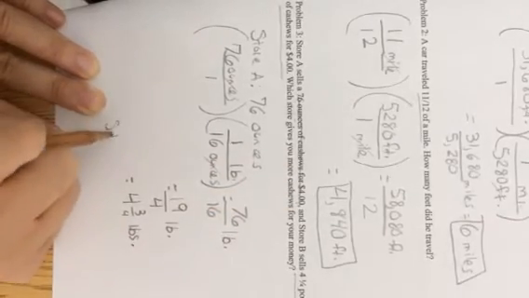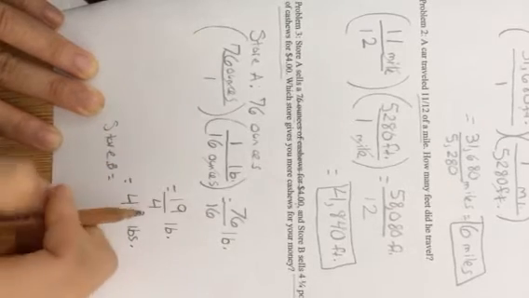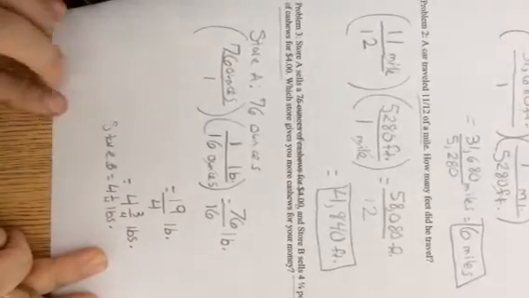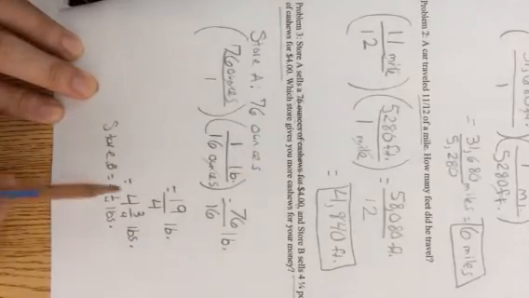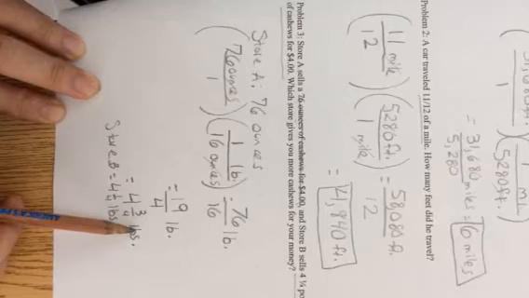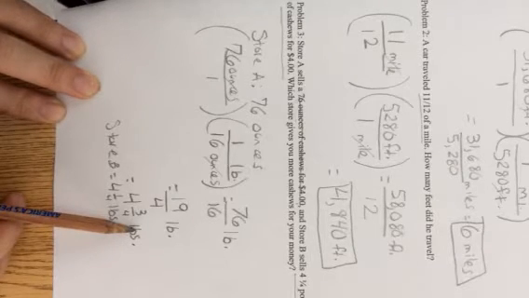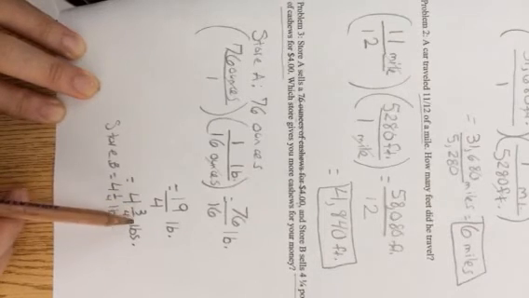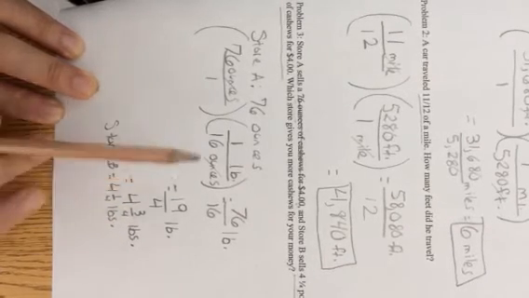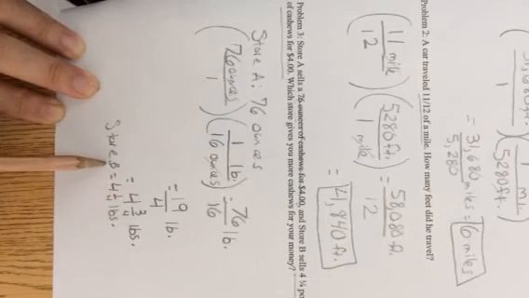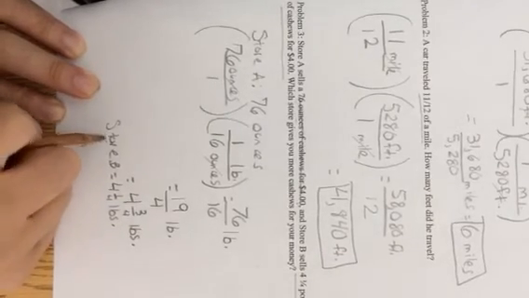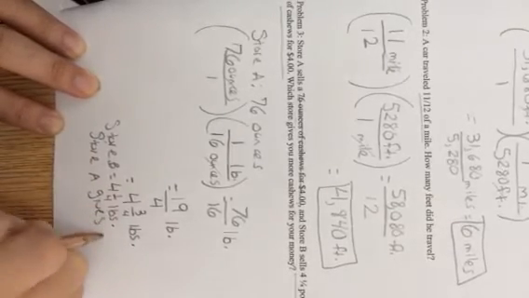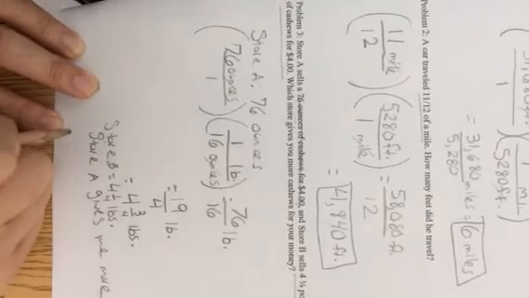Let's compare that to the amount in store B. Store B is selling 4 1/4 pounds for $4. Well, if you buy the bag of cashews from store A, you're going to get more cashews for the same amount of money. So because of that, store A is actually giving me the better deal, because there's more cashews being sold in store A than store B. So my final answer is store A gives me more